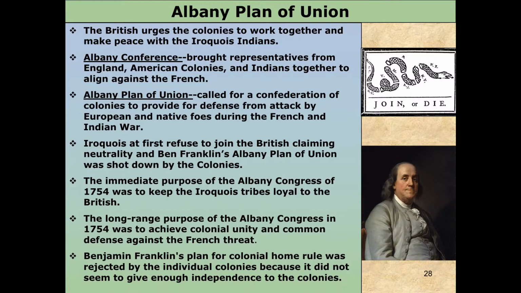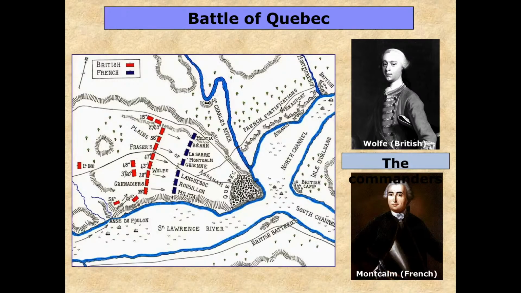So, I don't have much military history for you guys today, so I'm going to throw in one battle. AP doesn't really like going over military history, but anyways, let's go ahead and talk about the turning point of the French and Indian War, which was the Battle of Quebec. So, this is who we have here. We got General Wolfe, which has such an awesome name, and we got General Montcalm for the French. So you see the battle lines drawn right there.